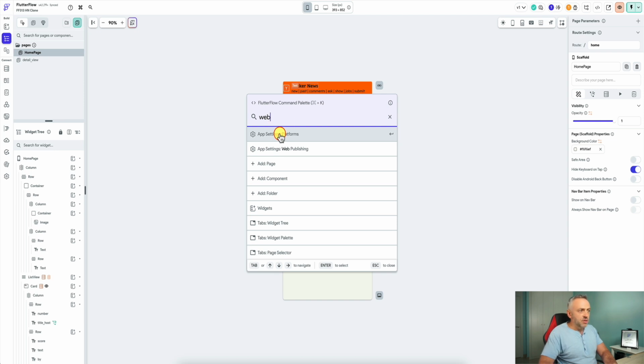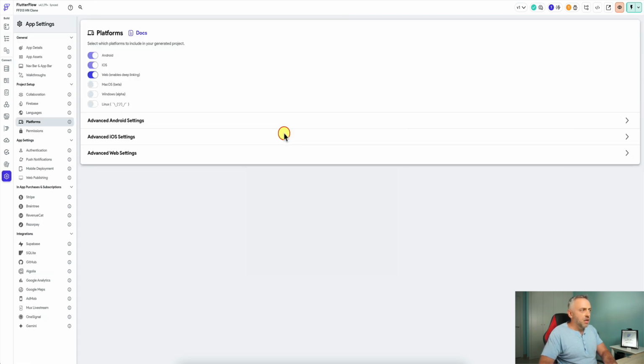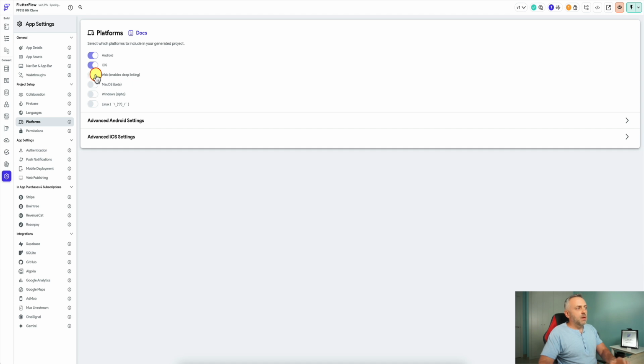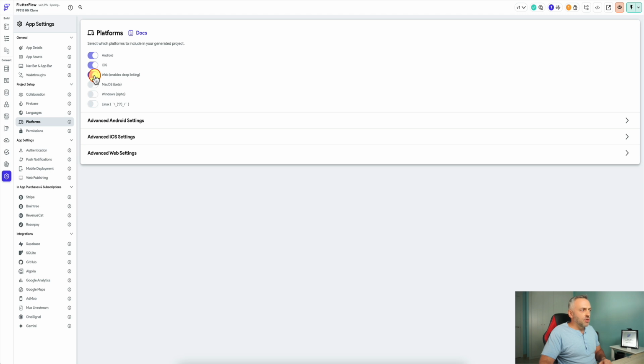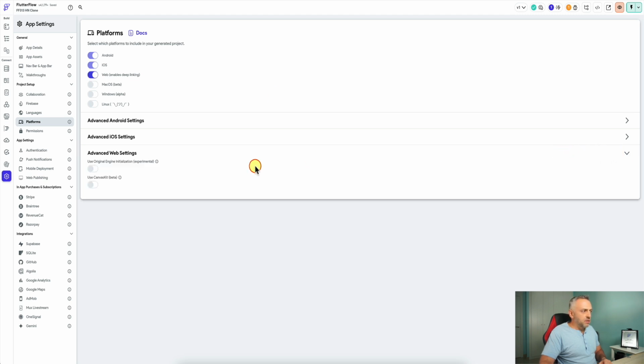Okay, so first you're going to see this link here. Click on platforms. Now, by default, you're not going to have this enabled. I believe when you're starting a brand new project, you have an option to enable the web, but I believe that it is not turned on by default. So if you do not turn that on during that initial wizard, you're not going to have this turned on here. Okay. And so now I'm going to turn it on,